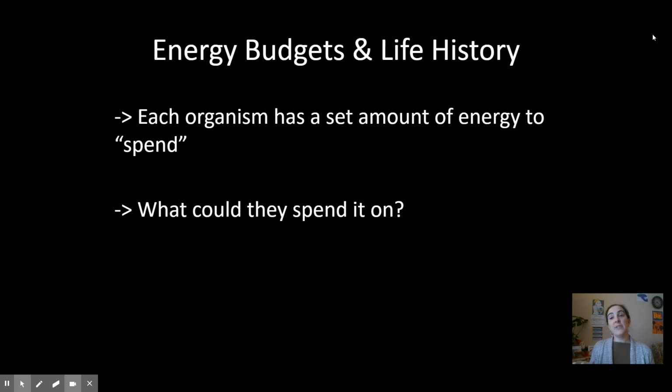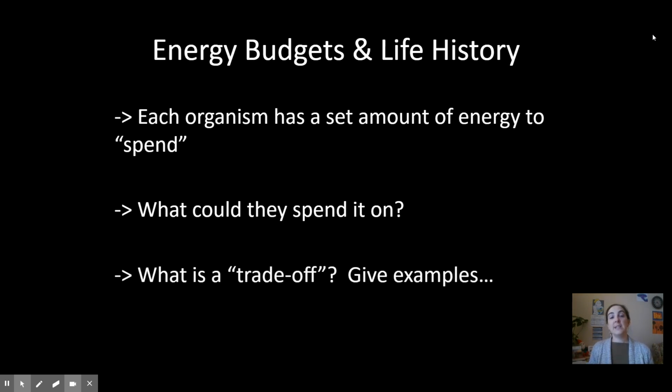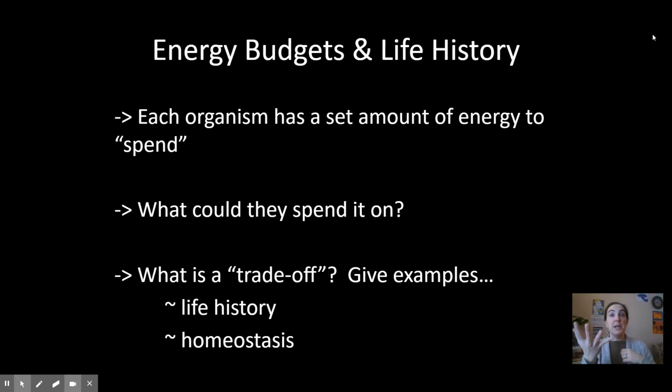But since we only have a limited amount, living things need to make trade-offs. And the way that they have evolved their life history strategies, how they maintain homeostasis, shows some of those trade-offs. And these aren't good or bad. Some living things spend a lot of energy on having tons and tons of offspring, but the trade-off is that